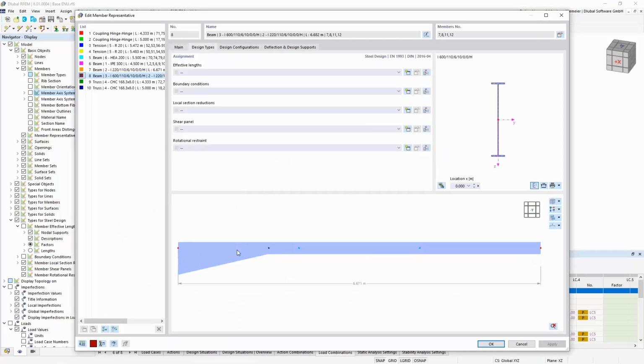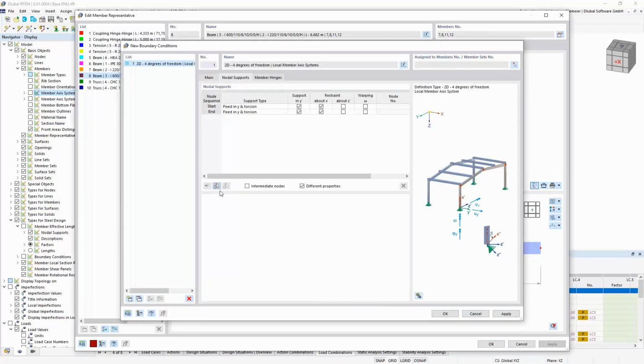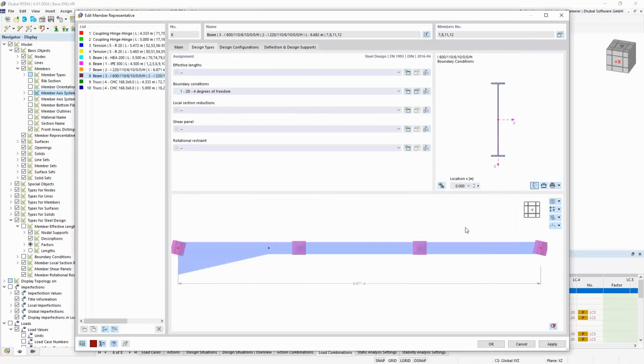For this I go to design types, open the boundary conditions and say yes, we have nodal supports. Please consider it for this type of member and fix maybe here the lateral deflection direction for the second and third node, and define for the first one maybe an inclination of -13 and for the last one also -13, and place it on all types of the representative.